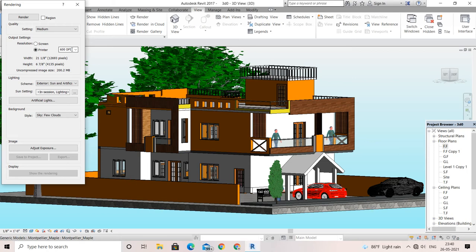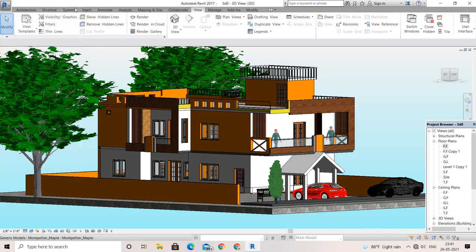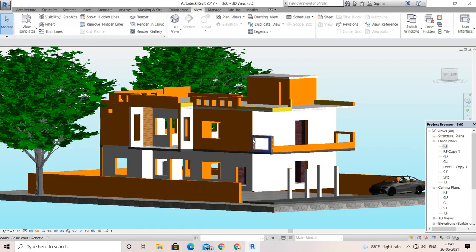This is realistic, but if you do rendering it will give you a completely realistic look that is quite more beautiful and attractive than now. And here, in these schemes, if you go to sun and artificial, that is quite good, some of the lightings and all. Now I'm not going to do this. In my coming tutorial I will do it.